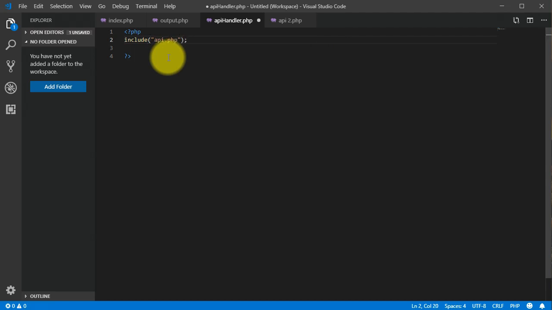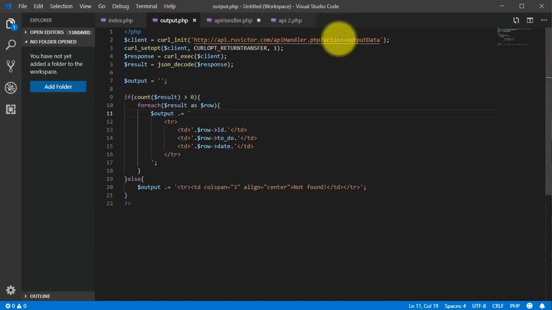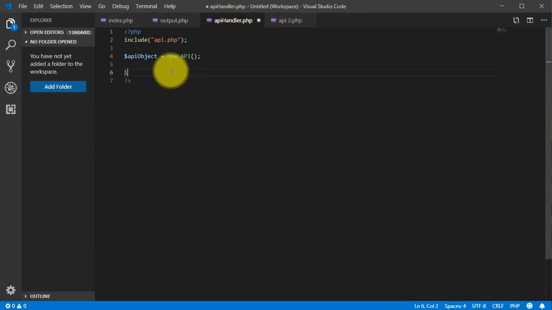We include the API PHP file, and then below we will have a variable which is going to be the API object, and we assign the new object which is the API. So we assign all the object from our API.php file, and then here if you set this action variable, we assign it output data. Now we will have an if statement which is going to check if we have this variable in our